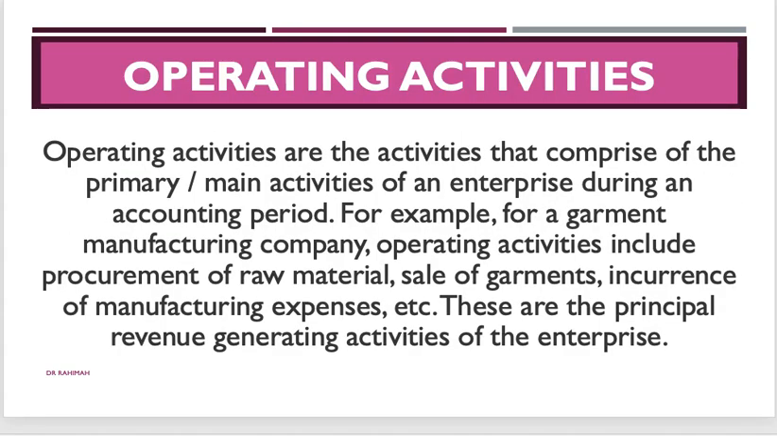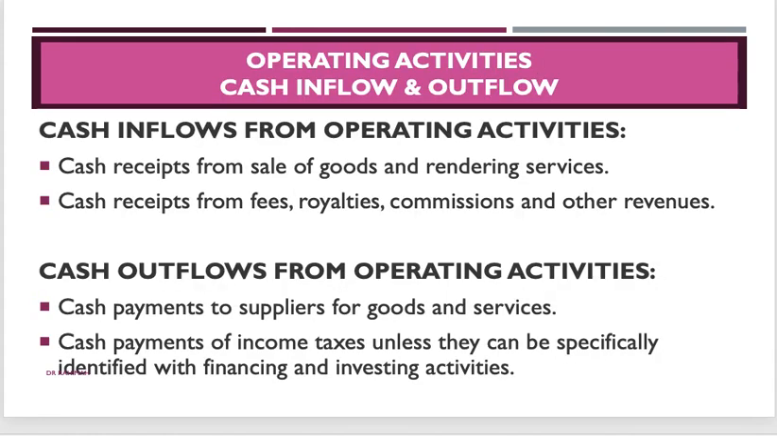So this is basically the operating activity, which is the activity that relates to the nature of your business. Here is the detail: cash inflow from operating would be the money that you receive from the sales of whatever product that you sell or service that you provide. Probably you also have receipts from royalty, commission, and other revenues. And the cash outflow would be the payment that you made to your suppliers or income tax, and anything that relates to the